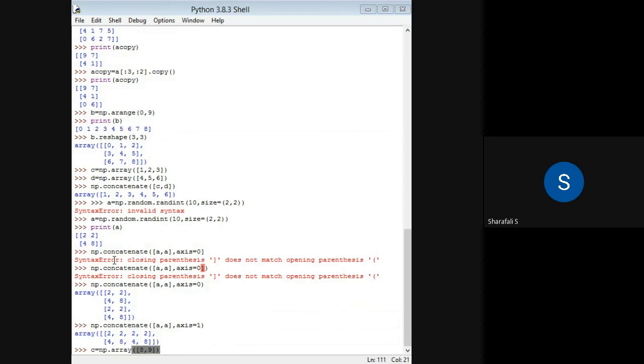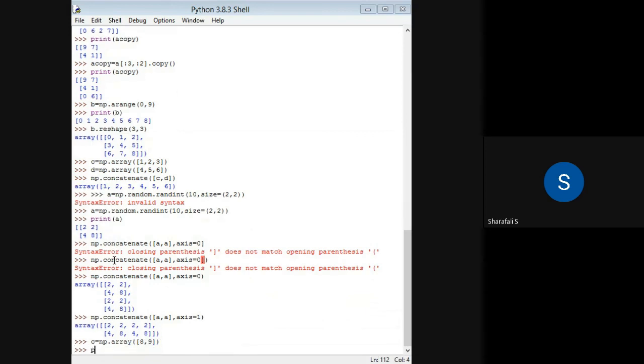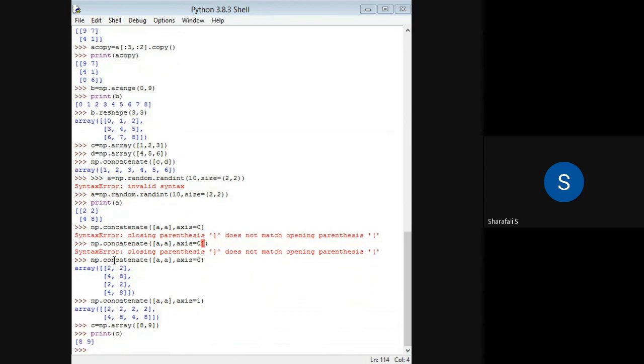So this is a one-dimensional array. Now my C is my one-dimensional array. If you want to concatenate this with the two-dimensional array A, then you can use H stack or V stack.